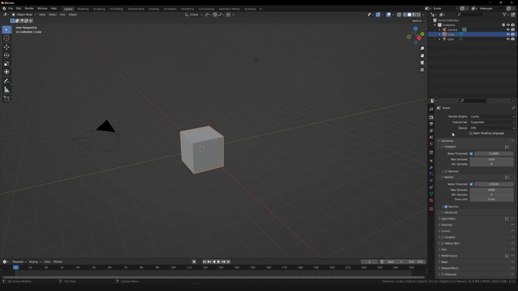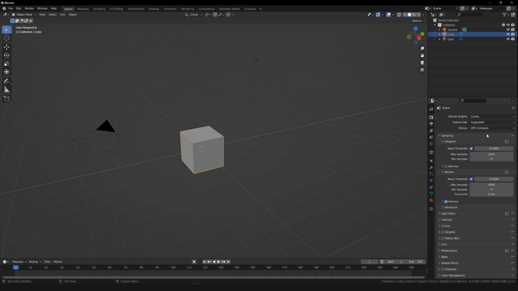Again, by default this will go to run on the device called CPU, and we want to run this on GPU compute. The reason for this is we want the rendering to happen on the GPU and not on the CPU if you've got a good graphics card. If you don't have a graphics card that you can use, then you might have to stay on CPU. We want to check that we're running on GPU now in